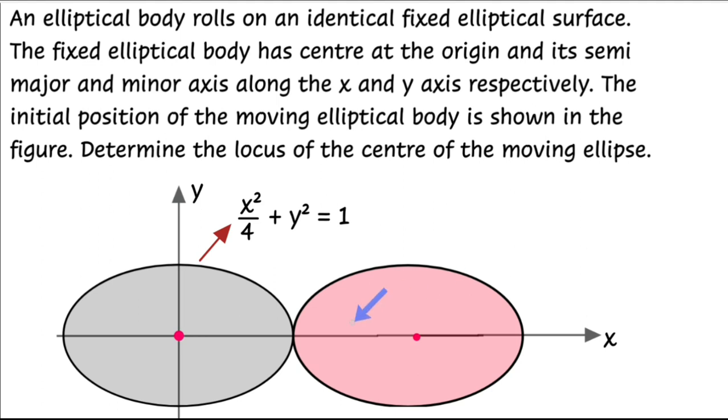Also, we can say one thing, that the distance traveled on the surface of this gray one, let's say in a very small time interval, the point of contact has reached from this position to this position. So in that particular time, the contact point will be a completely symmetrical contact point on the pink ellipse as well. So this will be somewhere here. You can just visualize it using the common rolling motion of circular bodies.